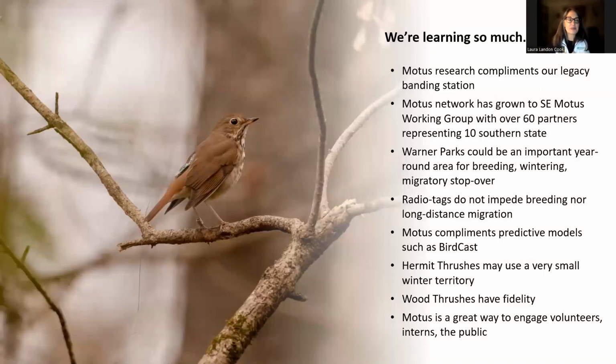So one, that Motus is really complementing our long-term legacy bird banding station work that we've been doing. Again, as I'd mentioned, the Motus network is growing, it's expanding, which I think is just good for everybody who's part of that network. I do think, looking at some of the preliminary data, even though our sample size is small, that Warner Parks really could be an important, not only a migratory stopover site, but an important site for wintering and summering